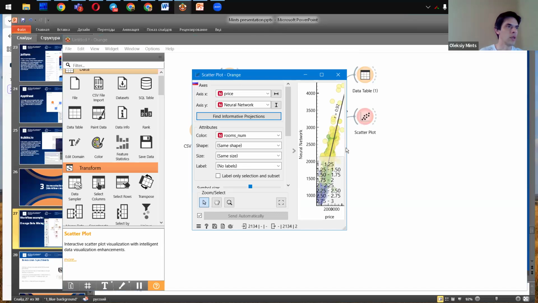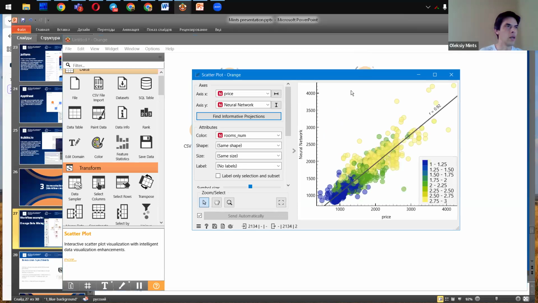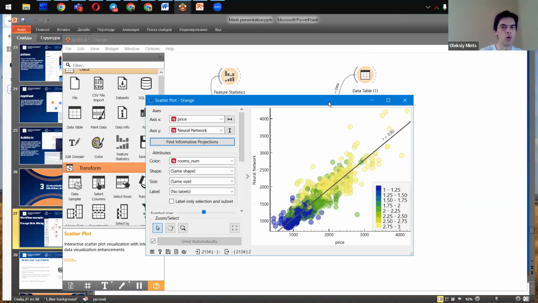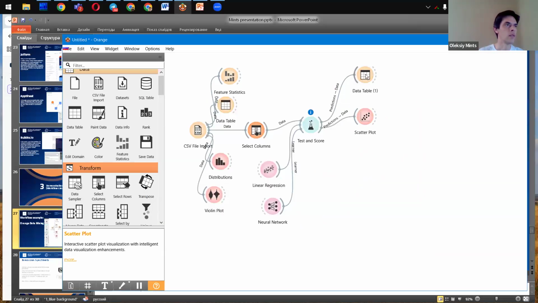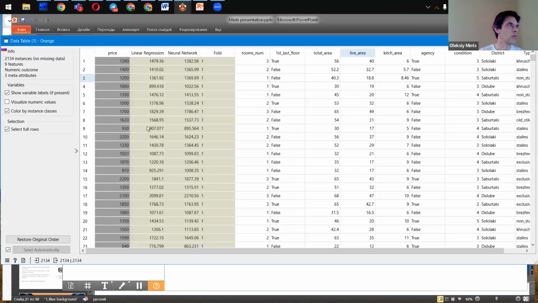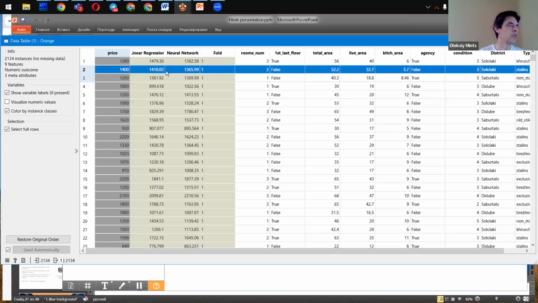The scatter plot diagram shows us the quality of the model, and in this case, this is a really good model.